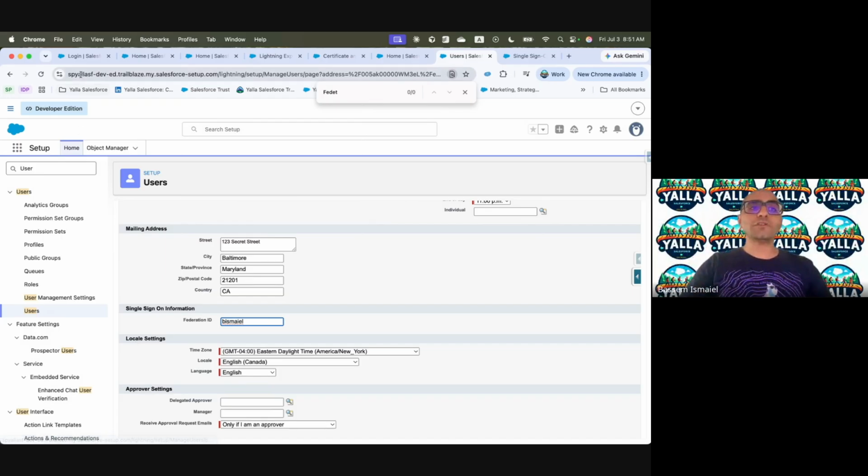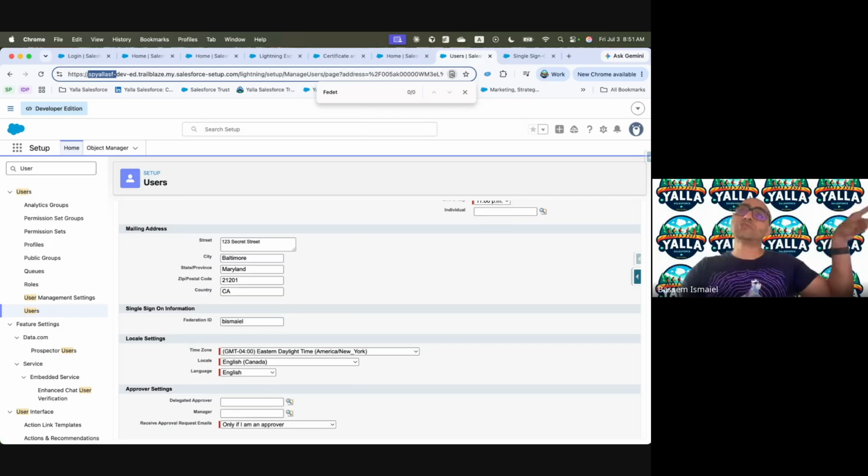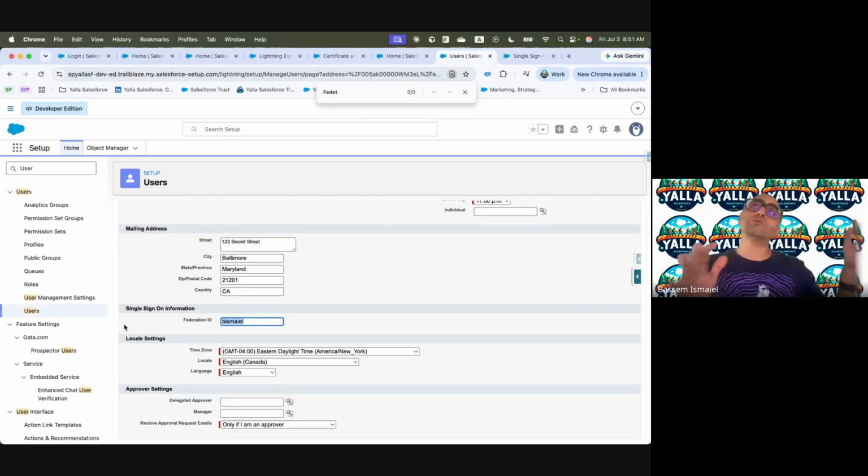So this is from the service provider perspective. But the identity provider should be able to know as well that Basim's Federation ID is the same accordingly. When I pass this SAML request to the identity provider, we will not be sending a username, we'll be sending, saying, Ismail is trying to log in to Salesforce. Will you allow it?